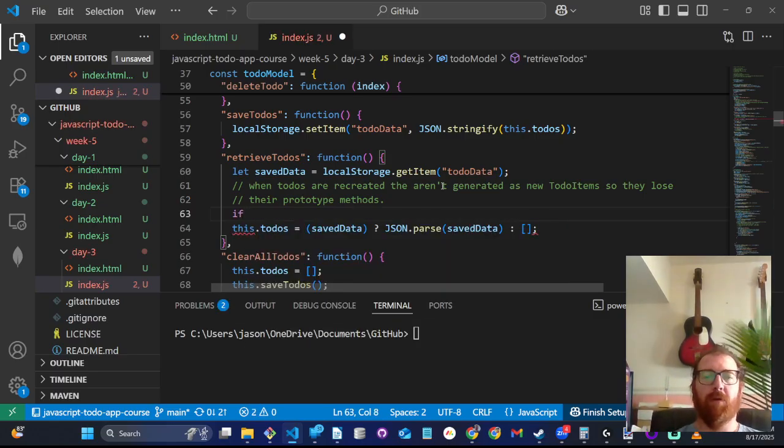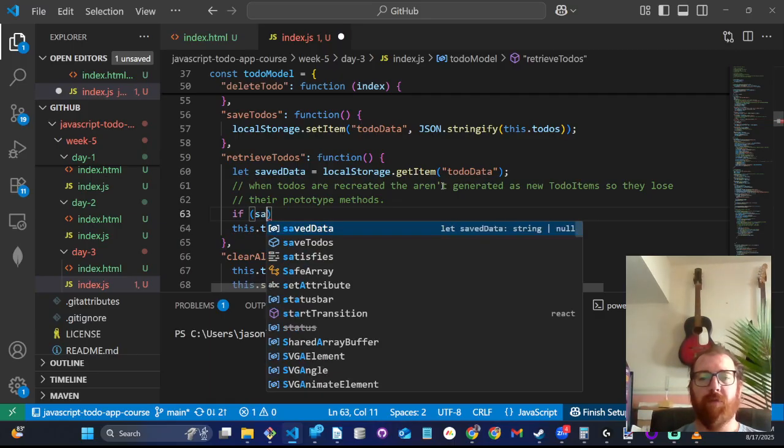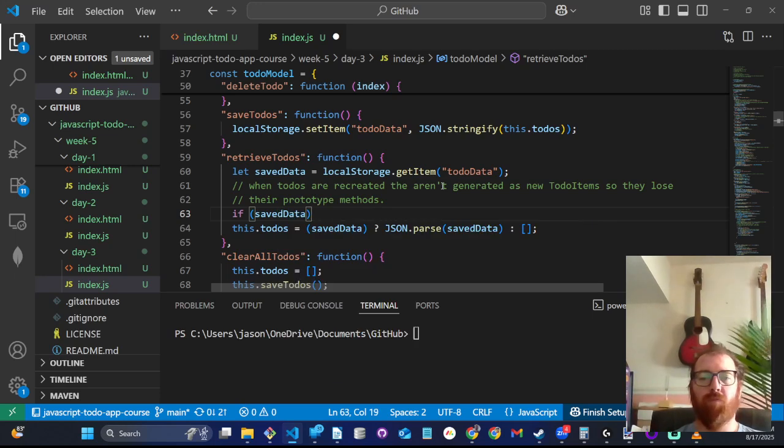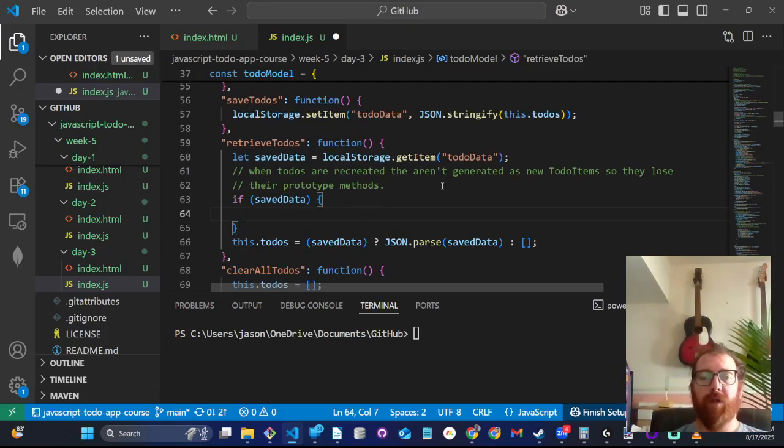If save data, then you're gonna want to parse the save data and let's say